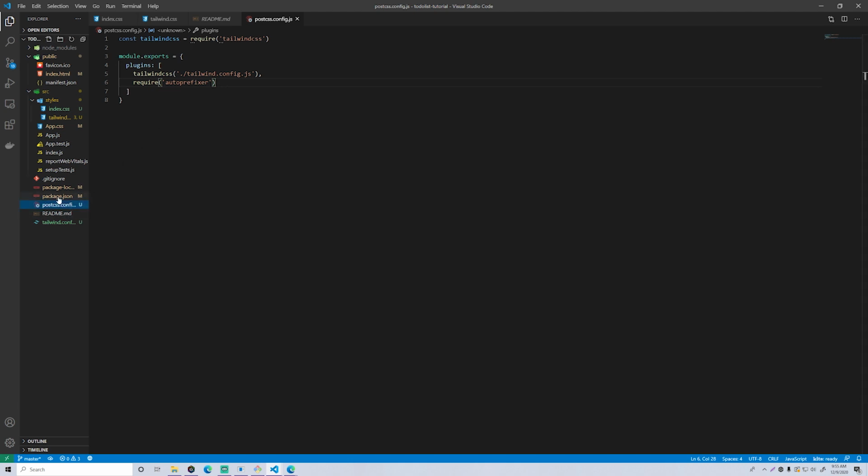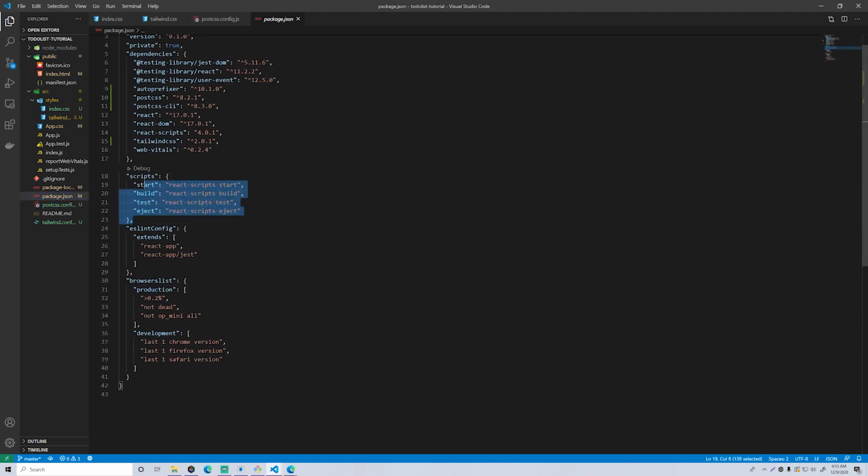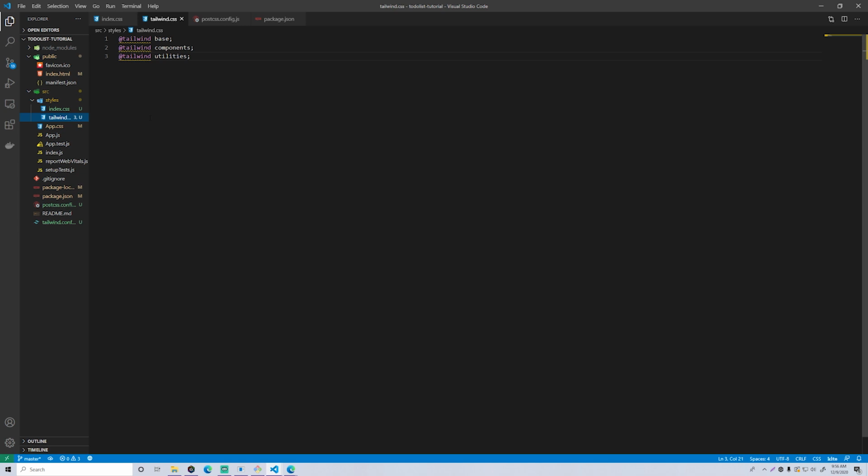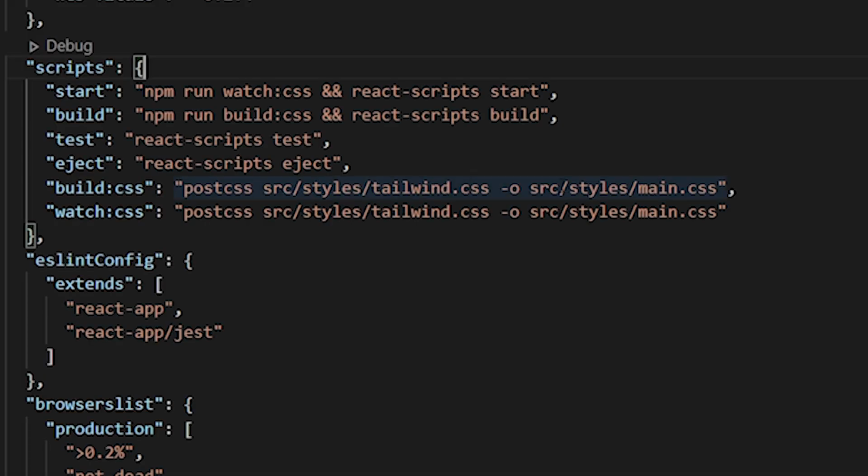So let's go back into our package.json, and we need to change these build scripts here. So I can copy this from my other project. One second. There we go. So now it's replacing it. And so what this will do, basically, this is the important part right here. Tailwind is going to use PostCSS, and it's going to generate the Tailwind CSS file using these directives that you placed inside of here, and then put it inside of the index.css file. So just make sure that the names are correct and the path is correct.